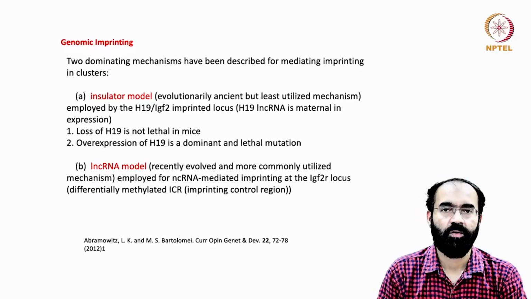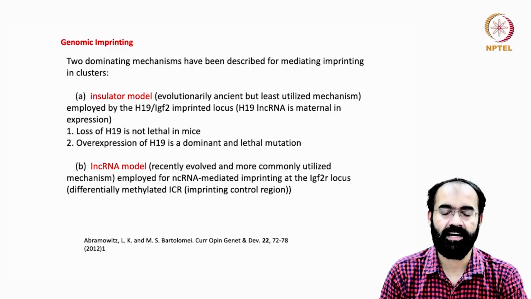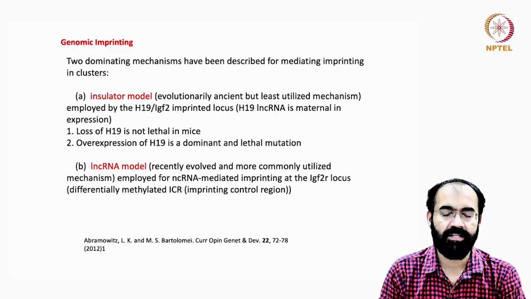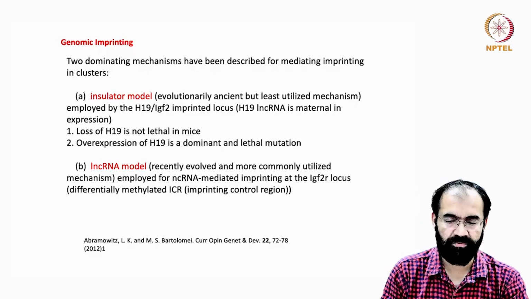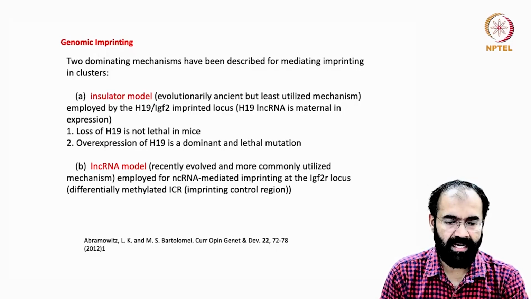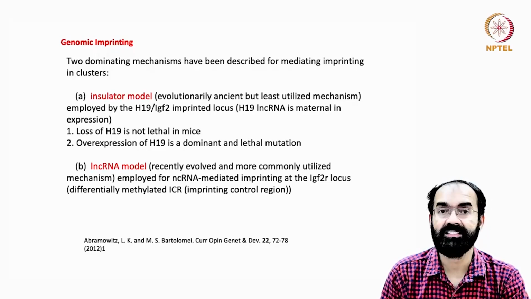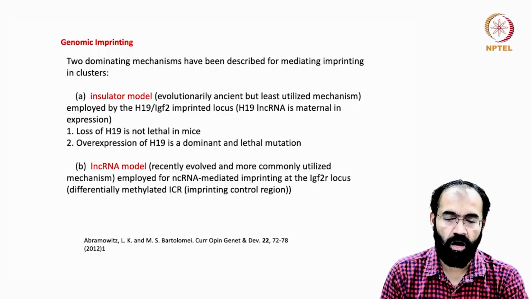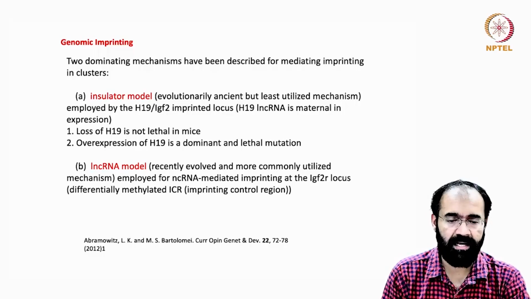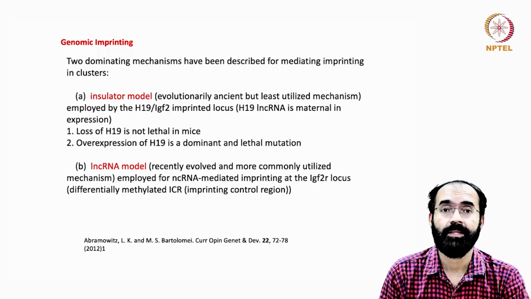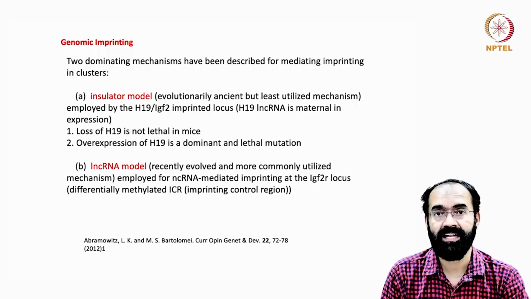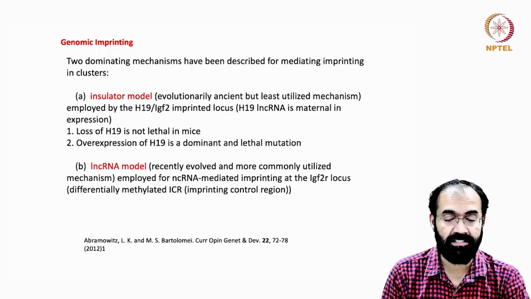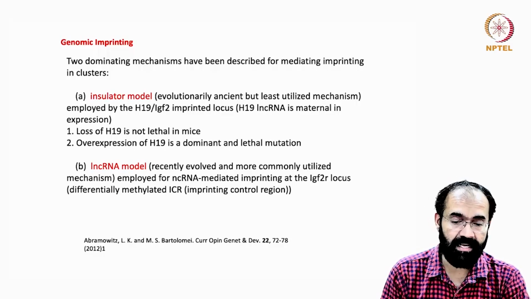Hello everyone, welcome back to another session of RNA biology. We were discussing different models of genomic imprinting, and the two dominating mechanisms that have been proposed are, first, the insulator model, which is one of the ancient mechanisms of utilization of genomic imprinting. In the insulator model mechanism, a well-studied example is the H19 IGF2 imprinted locus, where the H19 lncRNA is